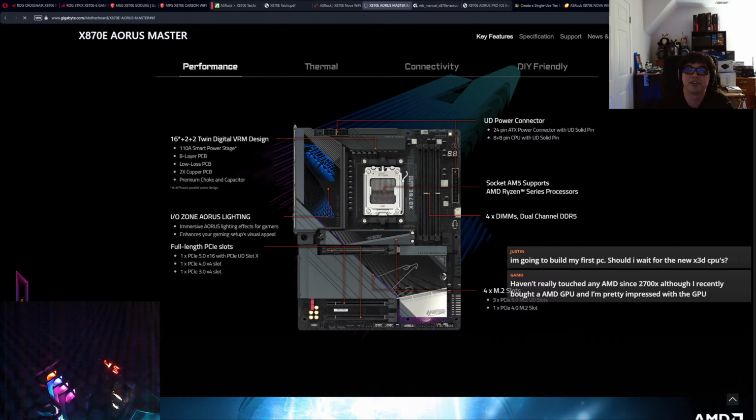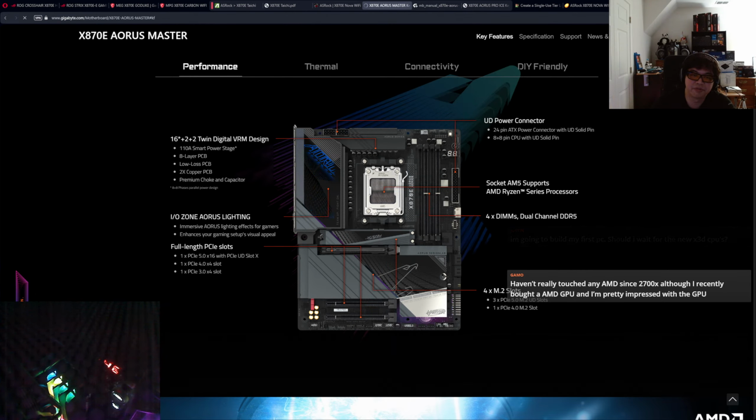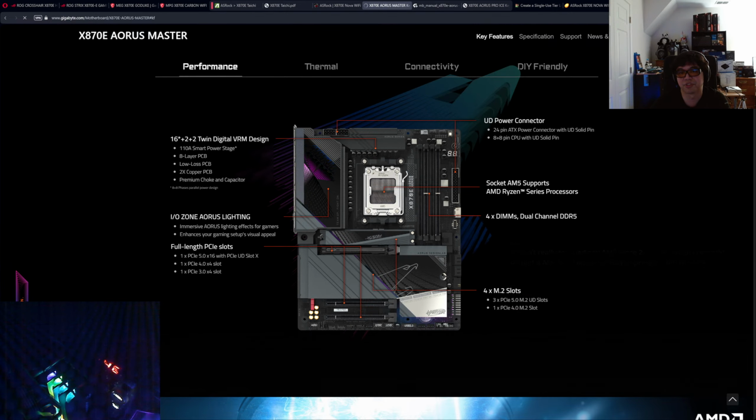Justin, it depends on what you're building your computer for. Let me tell you something, guys. X3D, as good as it is for gaming, if you want to do other things with your computer, like render videos, or do things that use a lot of cores and a lot of threads, the 9950X, which is what I'm streaming on right now,